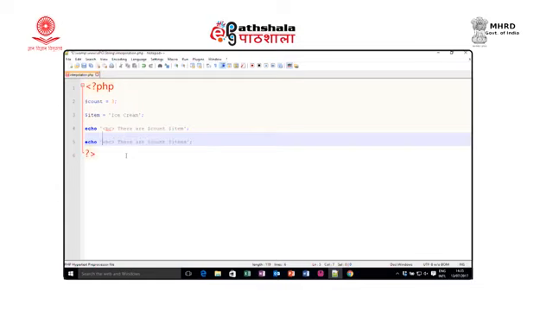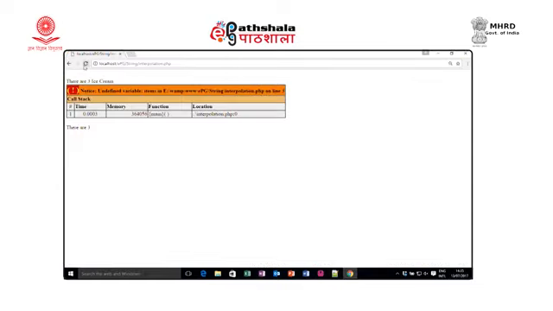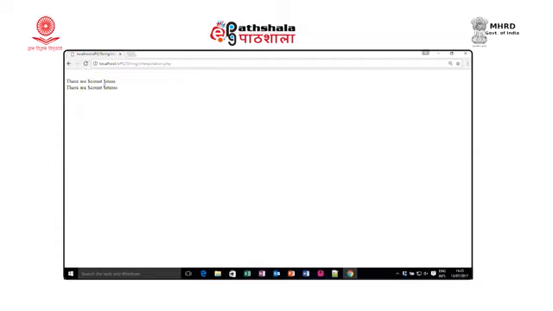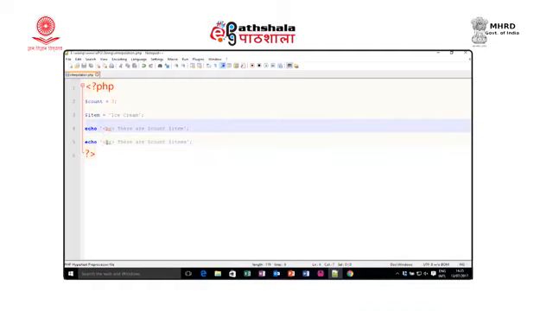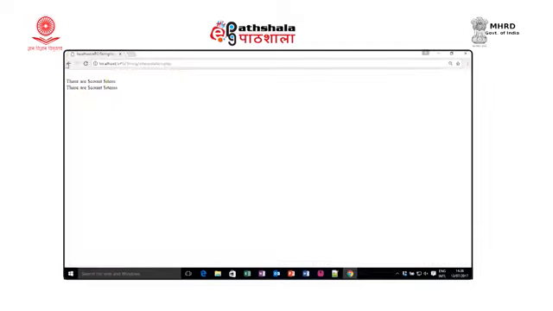I now use single quotes. Now, if I save this one and run it, it will display there are $count items because it is single quote. But if I use double quotes, then variable substitution comes into the picture, because the variable value count is 3 and item is ice cream, which will be written there. Let me just show you. So, now it says there are 3 ice cream.